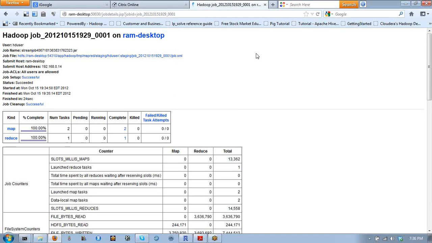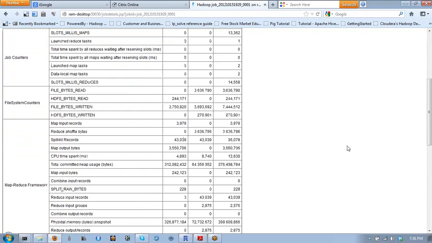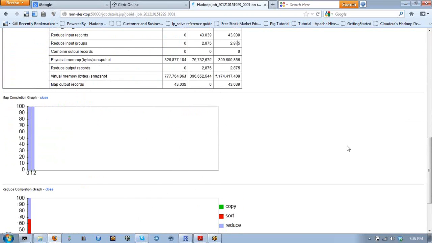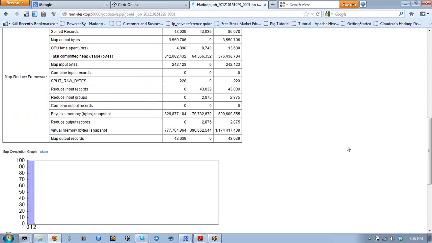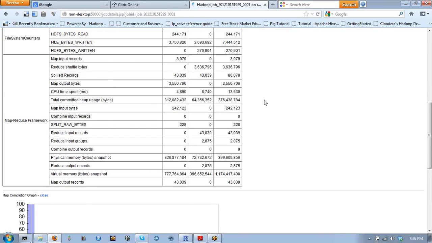this is the output of the Hadoop job. So it's all successful. It's completed successfully. So there are 2 map jobs and 1 reduce job, and it gives all the statistics associated with the job, like job counters, all the counters, and it gives the statistics on how many inputs and what it output and so on. So it has read these 43,000 words and reduced it to